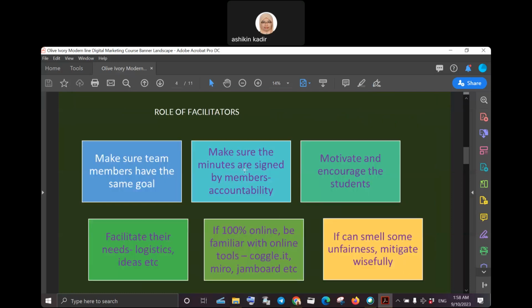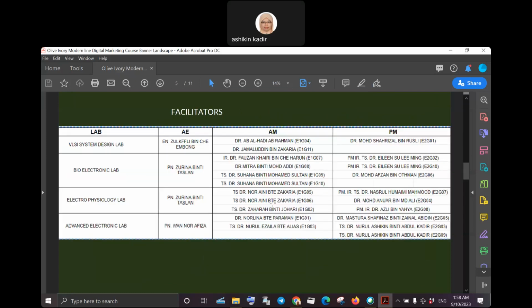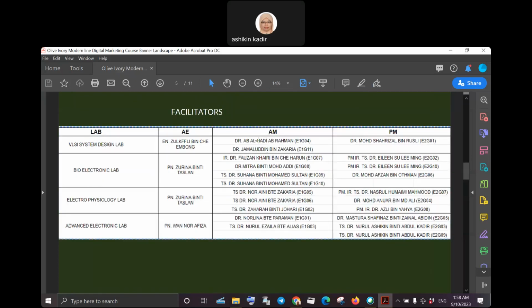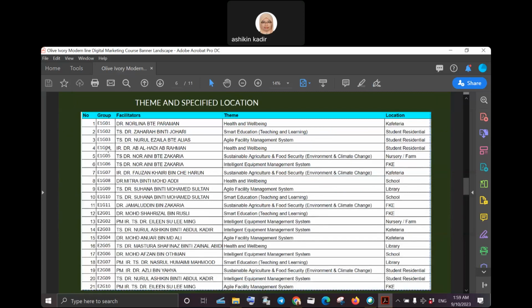And then here are some of the facilitators' roles. You can read this. So we have 21 groups with 18 facilitators. AM refers to the lab session in the morning. PM refers to the lab session in the evening. So the team and the specified location,